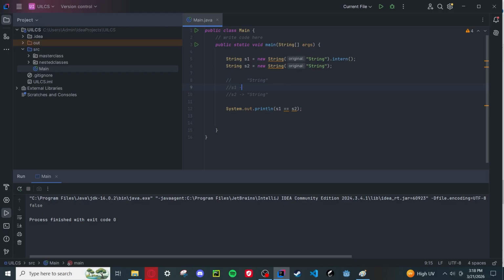S1 will point instead to the string pool. I'll say this is the string pool, and the string pool will have "hi". So what intern does is it takes this string, adds it to the string pool, and then makes that reference object point towards it. If we run this, we're still going to get false,